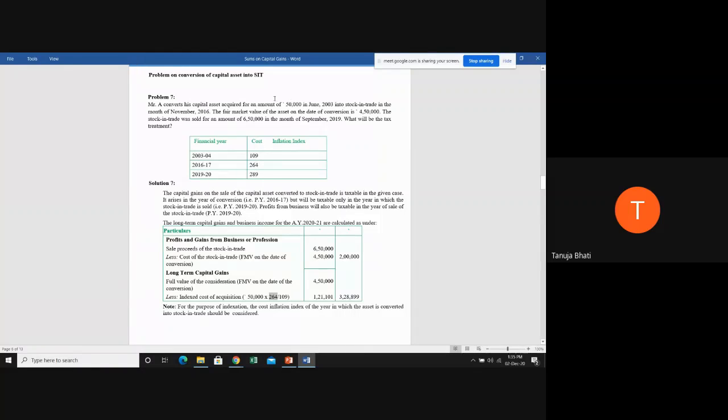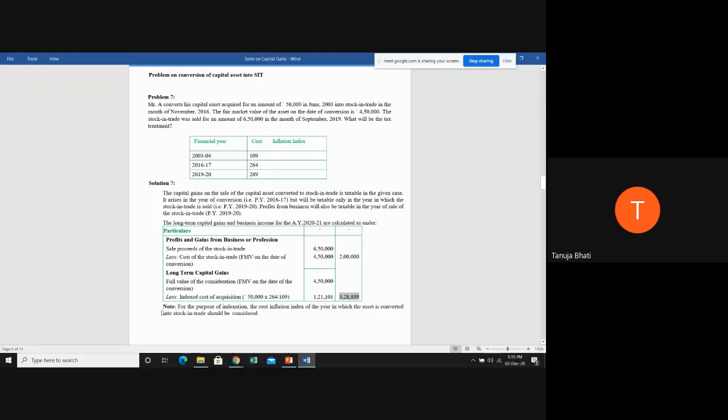When is Mr. A acquiring the particular capital asset? In 2003. What is the index of the year 2003? It is 109. So 50,000 into index of the year of conversion divided by index of the year of acquisition. When you solve this, you get 1,21,101. So when you deduct this, the long-term capital gain is